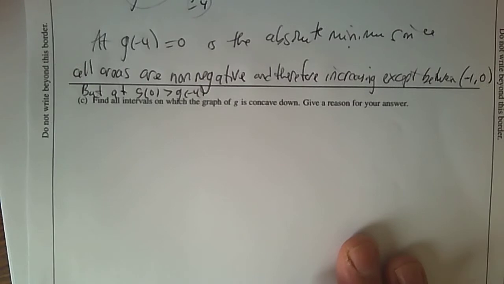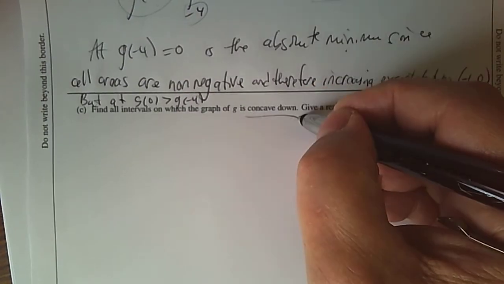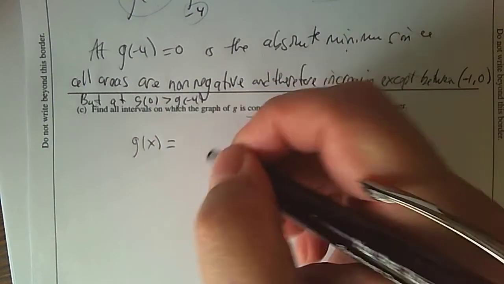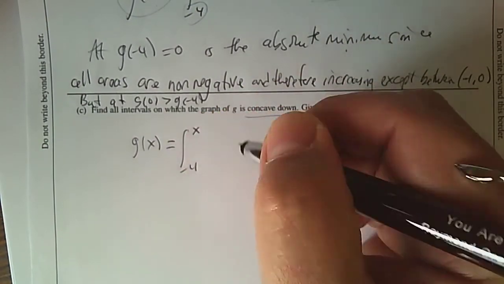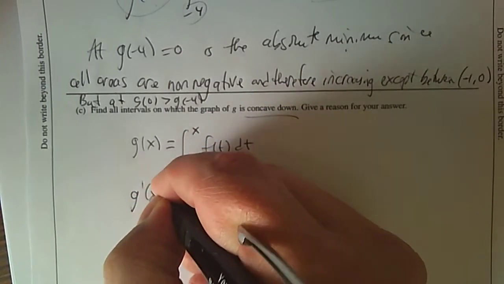All right, last part, part C. Find all intervals in which the graph of g is concave down. So when you hear the word concave down, you know you're taking the second derivative. So let's just go through this. So g at x equals the integral from -4 to x of f of t dt. That's g at x. The derivative